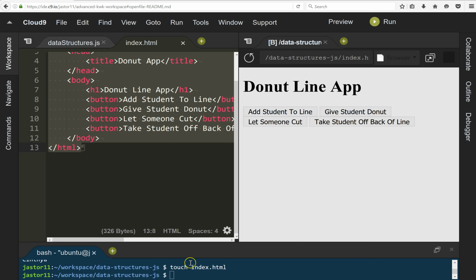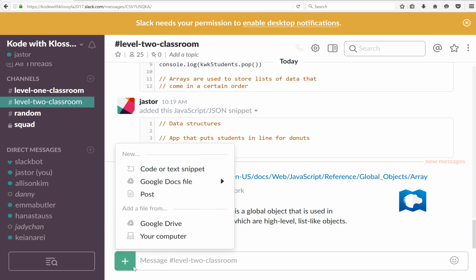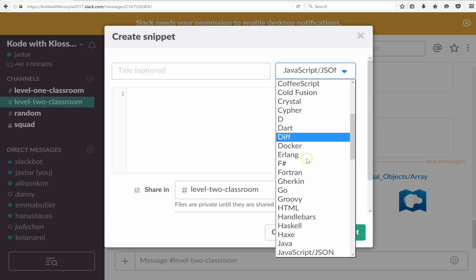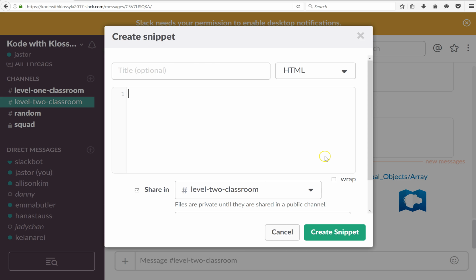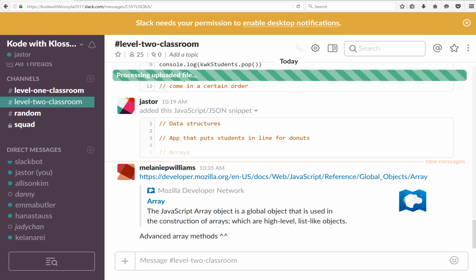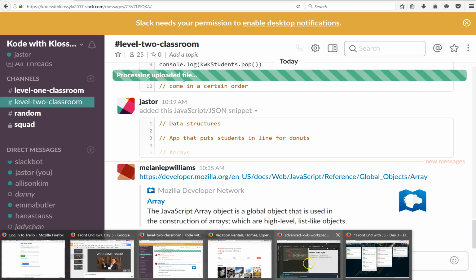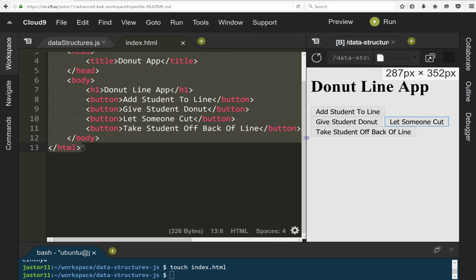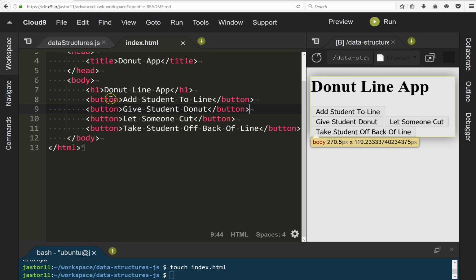So I'm going to paste this code into Slack really quickly. Here's the HTML. And create snippet. Cool. So back in my app, I now need a way to take my JavaScript and make sure whenever I click one of these buttons, it runs my JavaScript. Here's how you do that. This is where things get cool. When you start hooking up your front end to your JavaScript logic, this is the beginning of how you build